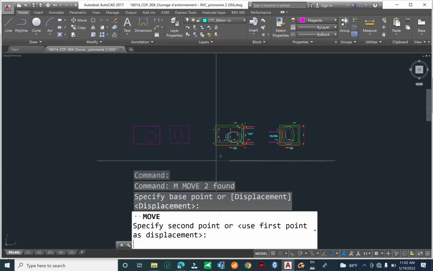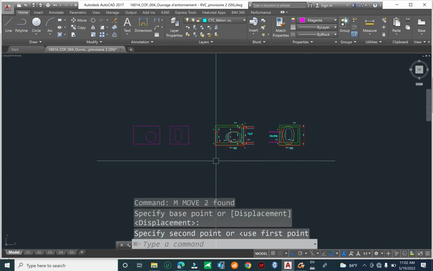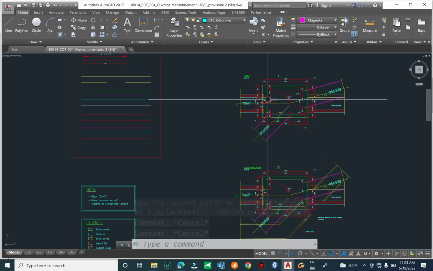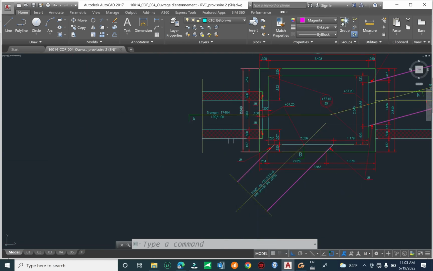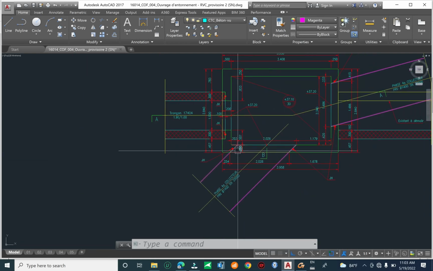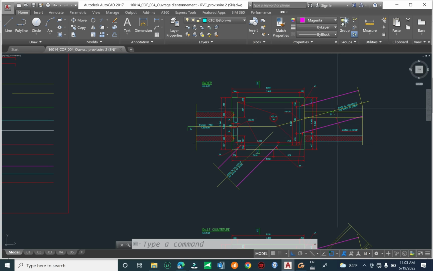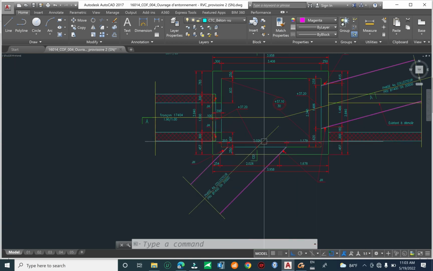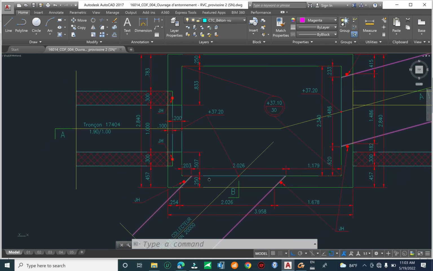Press SH. Okay, now we complete the OVH, and this one we complete for this side. Okay, and for the other side you can do the same for the